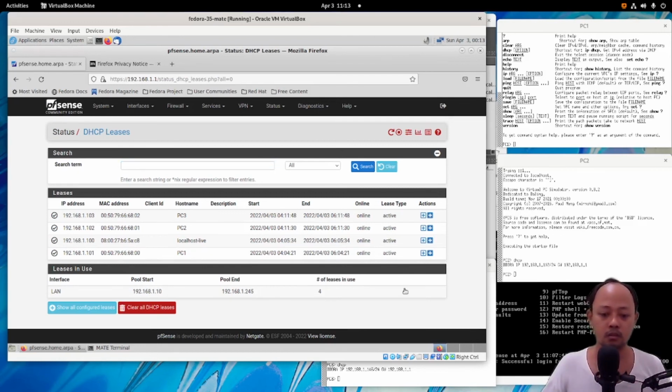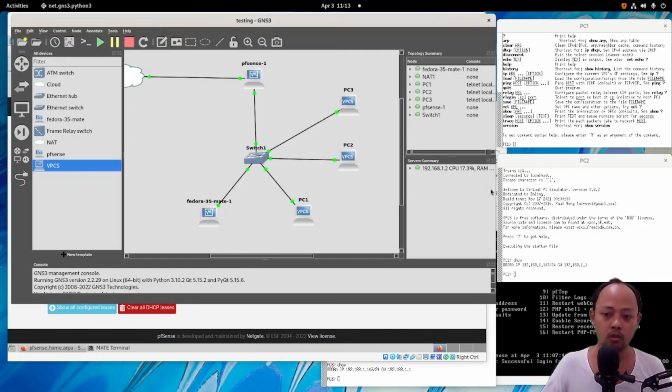I think this VPCS is very useful for us when we need more than one virtual PC and we only need to ping or do the DHCP things like checking the IP address. We can use this VPCS.